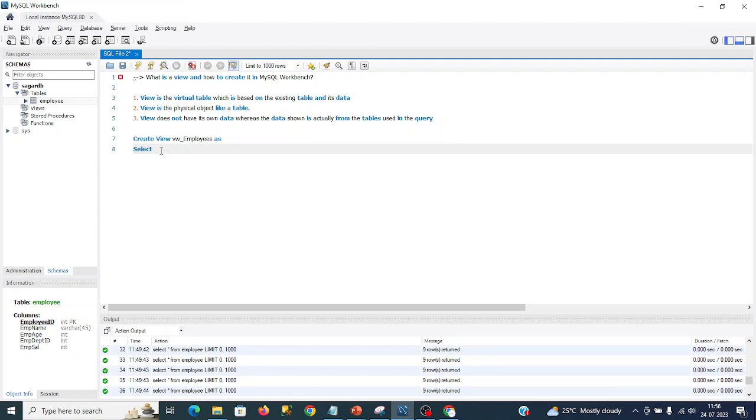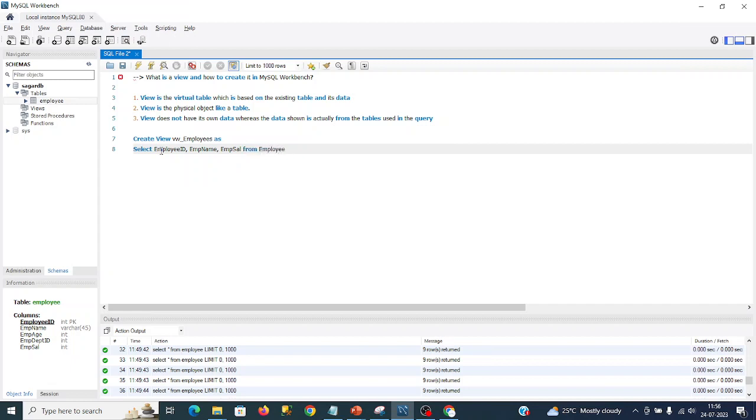I'm going to write a query to fetch the data from some columns of the employee table. So I'm going to say select employee ID, and then emp name. Each column you need to separate by comma,